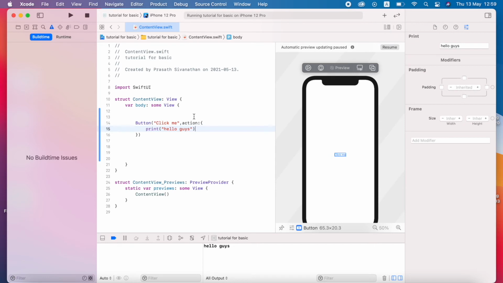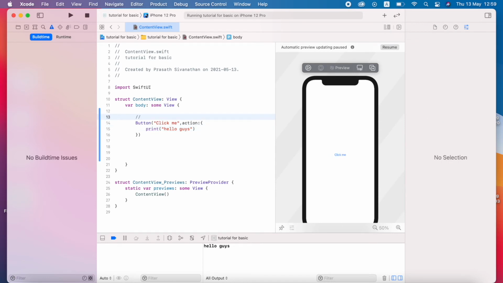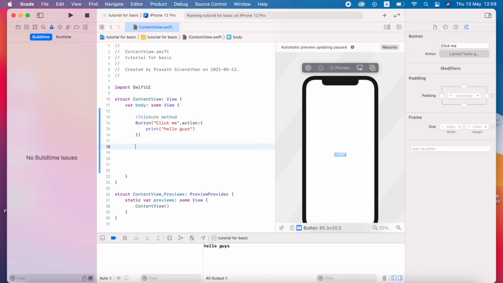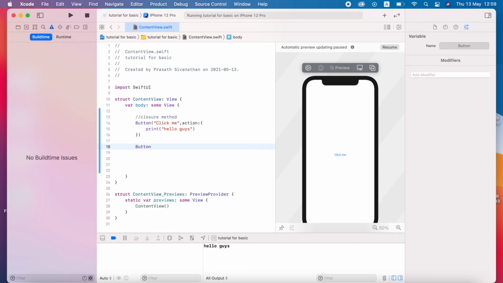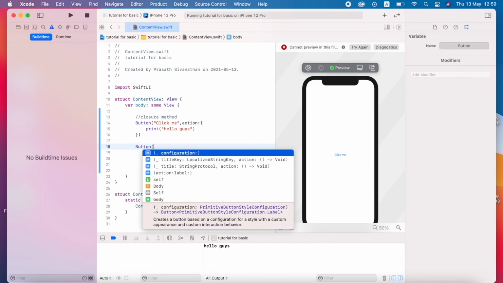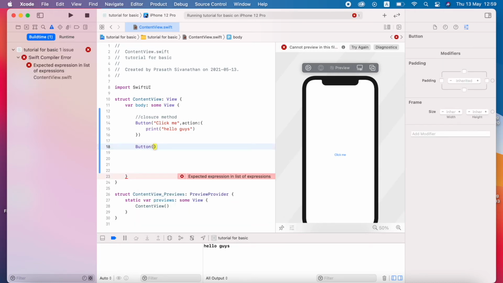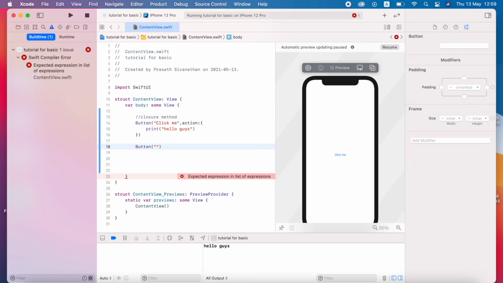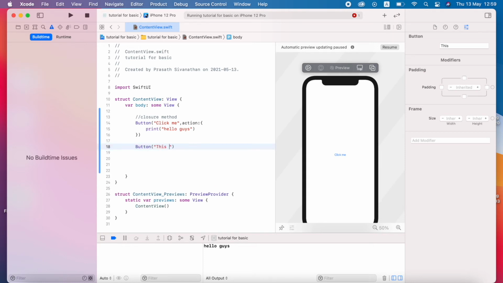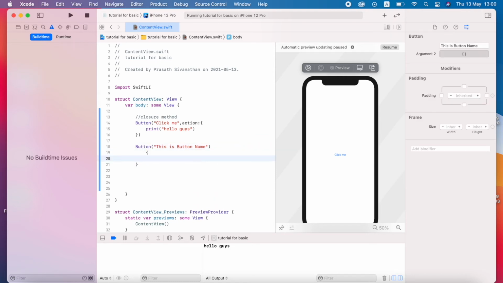I just type the method name Button at the top, the closure method. There is another method, like I did before, called Button, and open that one. You can see here the button and the button label which will appear over the button name. It's like a method. Then we can call the function like this.